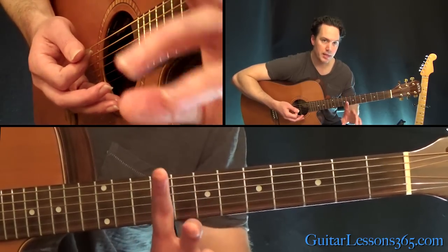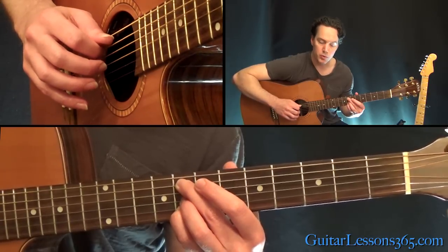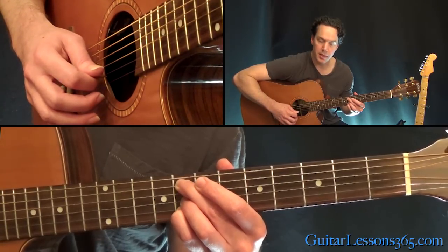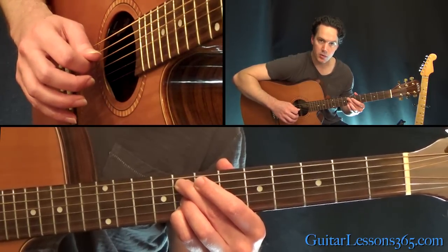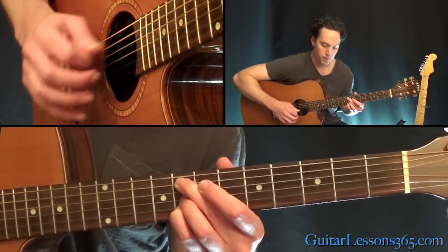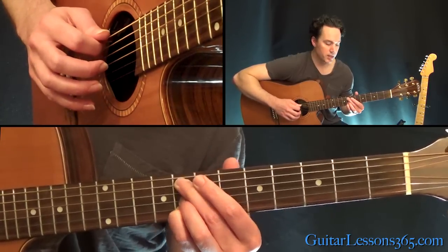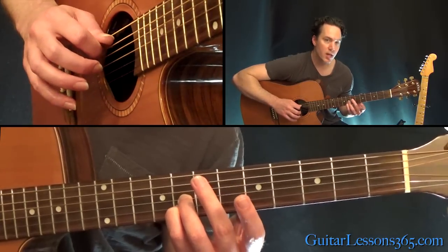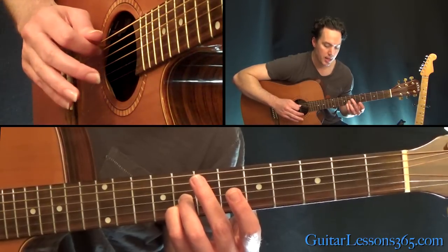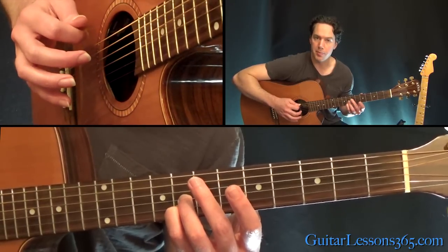So for a second there, the picking pause. We're going to start here on the 8th fret on the A string, and pick that with two downstrokes. Then after that second downstroke, upstroke on the B, back down to the 5th string, and then the upstroke on the G. Then the open A string twice. The first time, you're not going to have an upstroke after, so it's just a downstroke by itself on the open A. And then you're going to pick the A string again, then follow it with an upstroke on the G string,